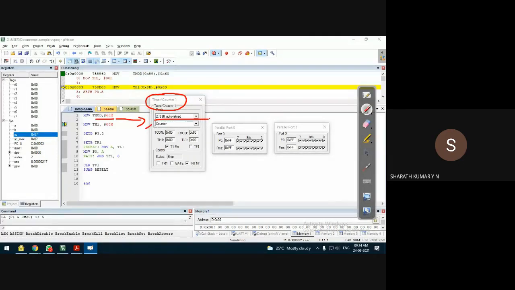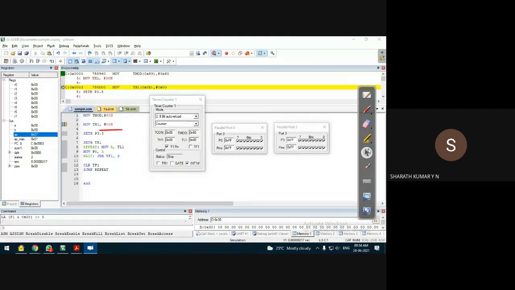You can see that counter is selected. The other possibility is the timer, but since in the program we are configuring timer as a counter, automatically counter will be selected. Okay, fine. So when counter is selected, it will receive the input through the T1 pin. It will load the counted external clock pulses to the lower byte of the timer. Initial value will be in the upper byte, and the counted clock pulses will go to the lower byte of the timer. Okay, so observe these locations.